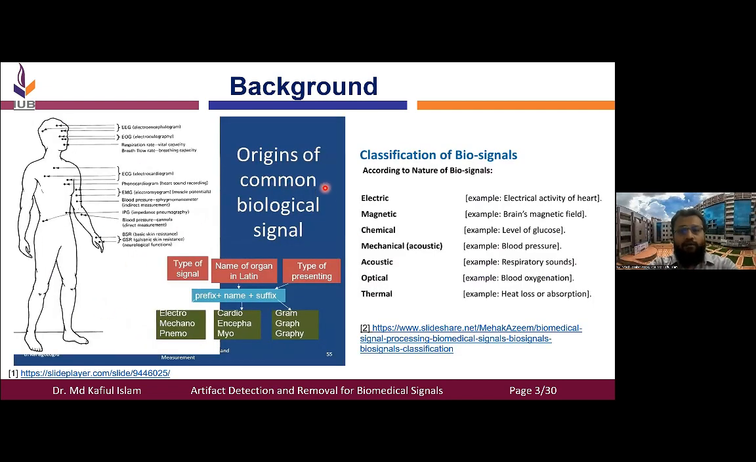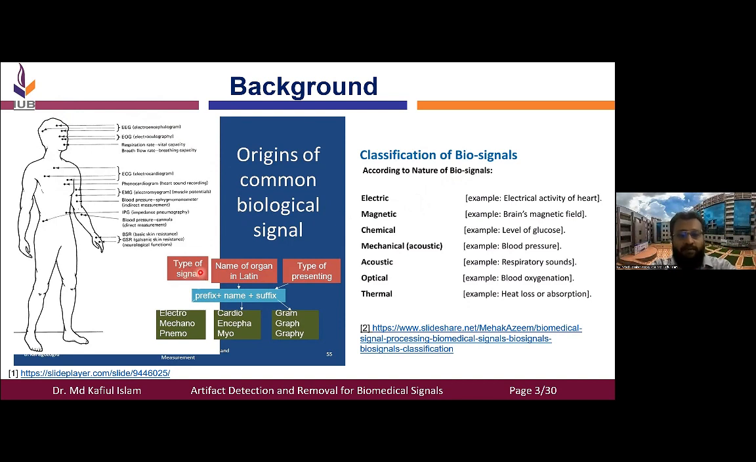So the origin of common biological signals is based on different types of organs in a human body. So for example, if you are recording from the brain, then it can be an electric signal or a magnetic signal. So we can have an electrical activity of the brain, which is known as EEG, which means electroencephalogram. So the name of this kind of signal is based on this